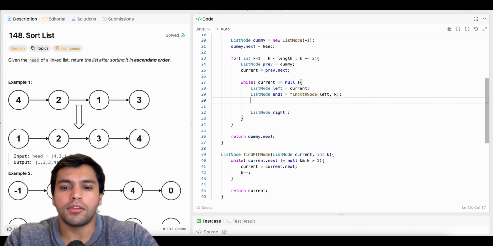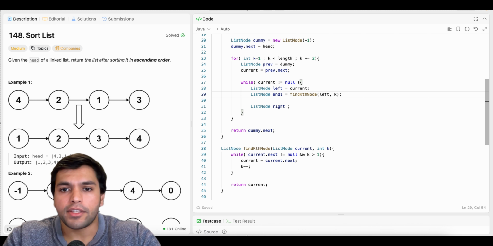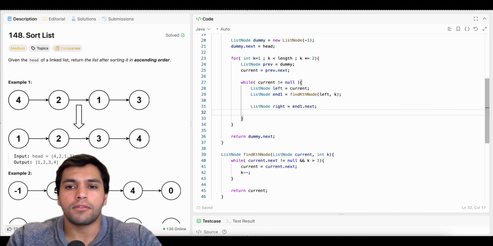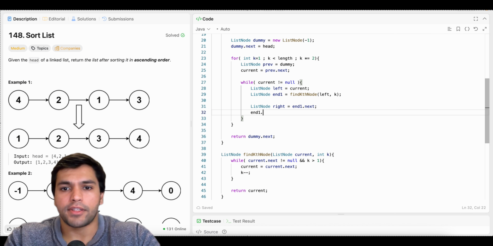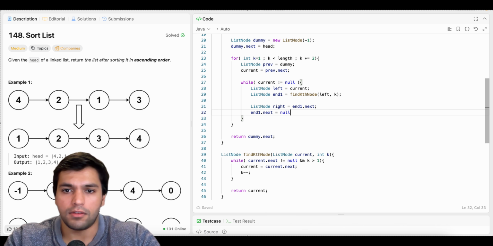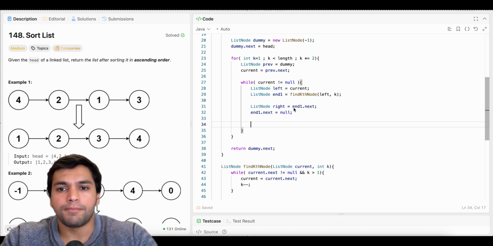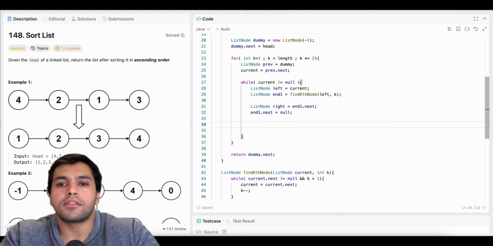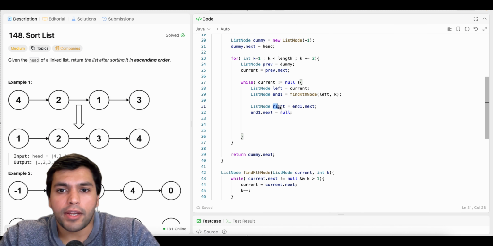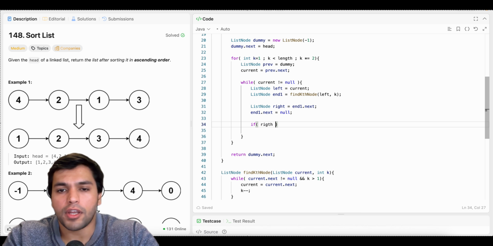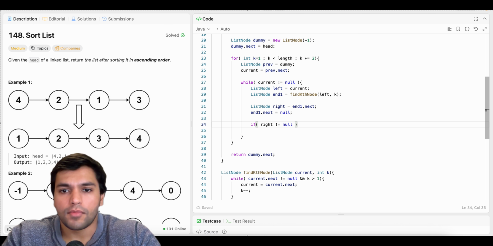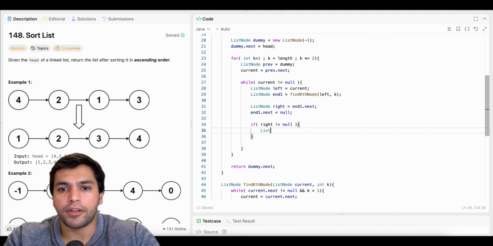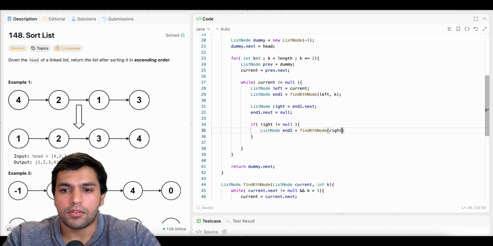So after I find my end1, I need to set end1.next. So I can set my right equal to end1.next because this would be the starting of the next part. Now I can set end1.next equal to null. What could happen is end1.next can be null itself, which would lead us to assign the value of right as null. So we need to check if right is not equal to null. Only when right is not equal to null, we find the end of the second part. So we find kth node, right and k,